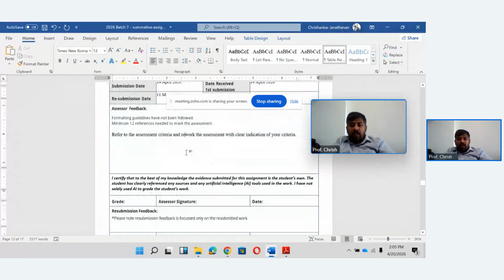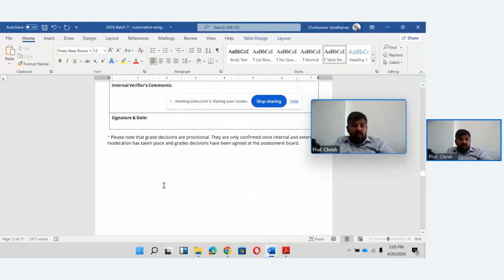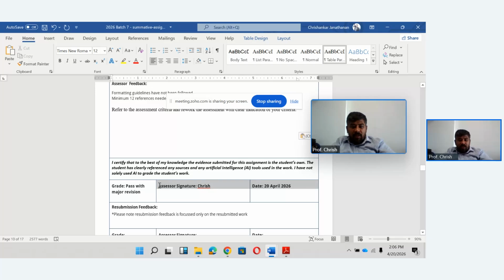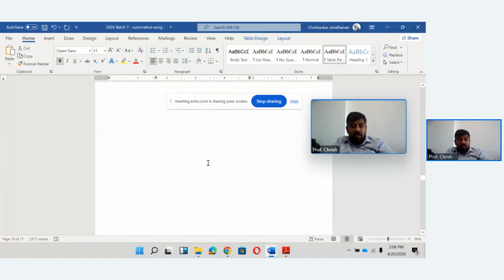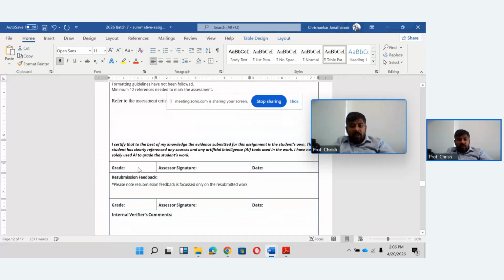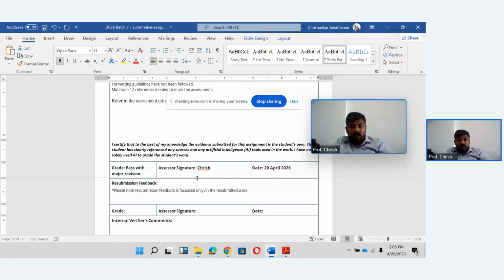So that we are maintaining the fairness and the student also is treated fairly, because if we go ahead and fail the students who have not done their referencing, it will be unfair by them because they have tried to do it, they have not understood it properly. That's what is being shown.